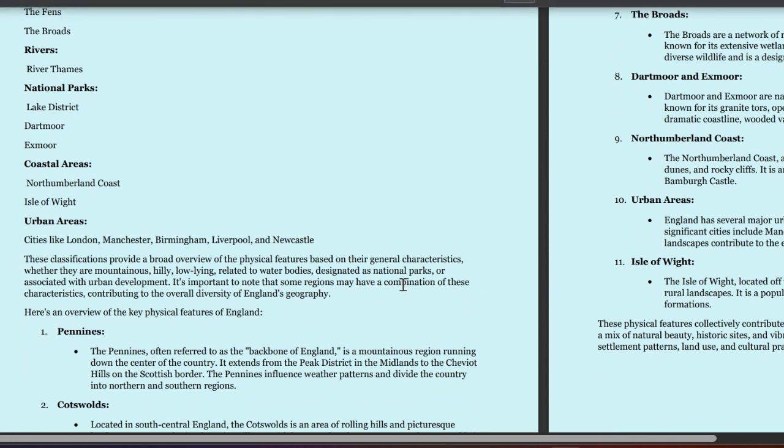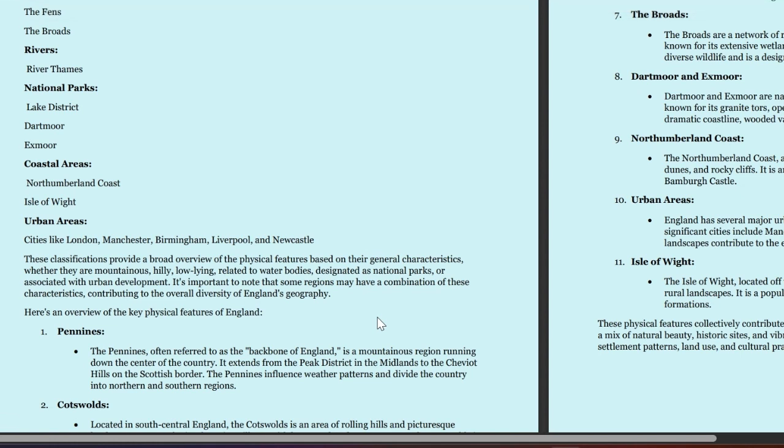This classification provides a broad overview of the physical features based on general characteristics, whether they are mountainous, hilly, low-lying, related to water bodies, designated as national park, or associated with urban development. It's important to note that some regions may have a combination of these characteristics, contributing to the overall diversity of England's geography.